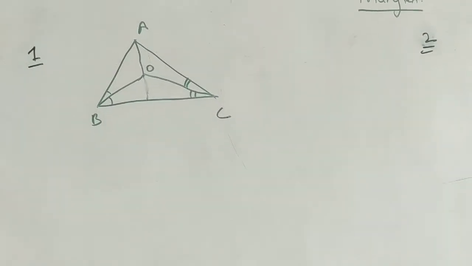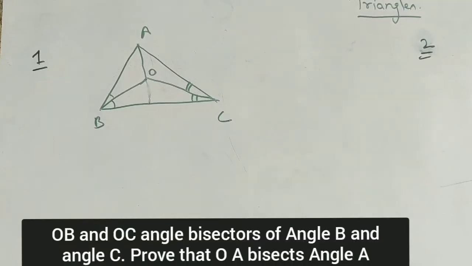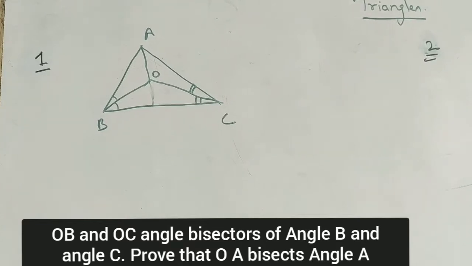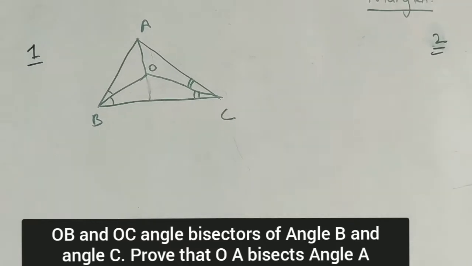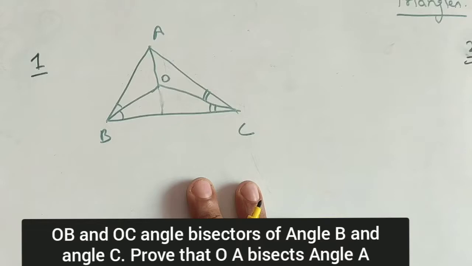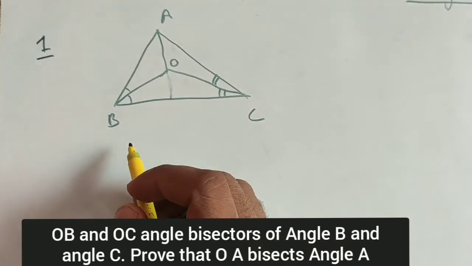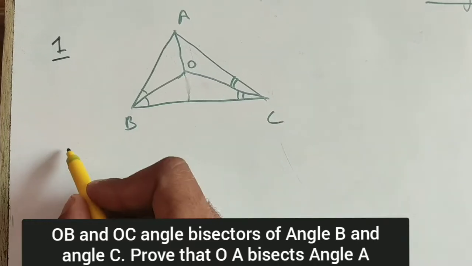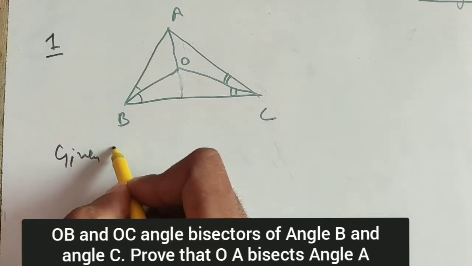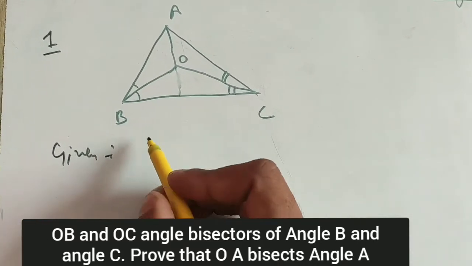Hello students, continuing with our topic triangles, and in triangles we are discussing congruency of triangles. So this is one more example we will do. So in this question it is given, first we will write down the given part. Given part is